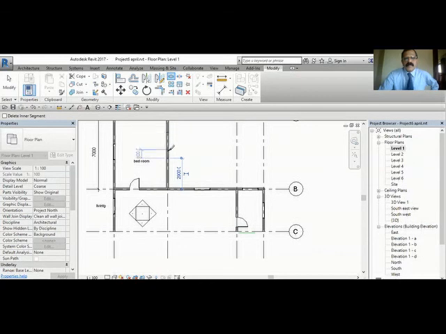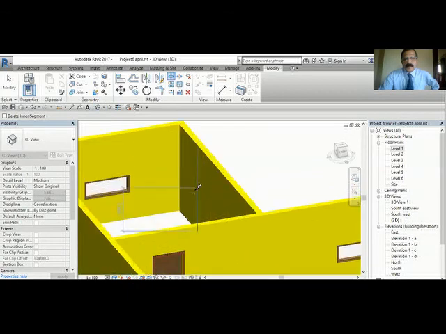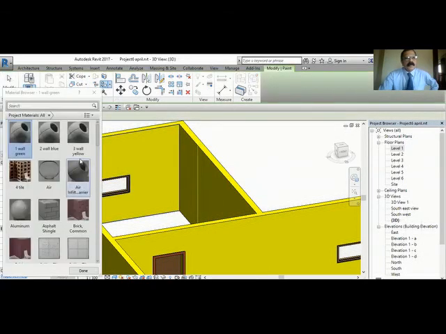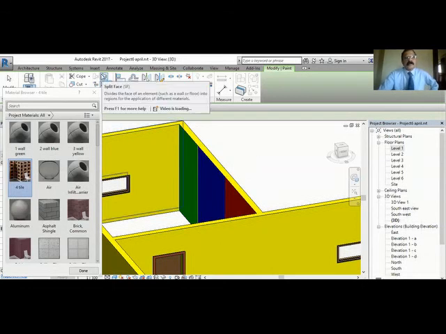Now you can see these are different elements. This piece, this piece, this piece are different. Now you can put different colors for them. Instead of this one, I created it using the element. Actually, it is cut, already split. Green color, blue color, yellow color is already there. This is the shade color in the given time. When you split, you can do splitting in other ways also, but that's not correct. You have to use Split Face. So split and give it color.